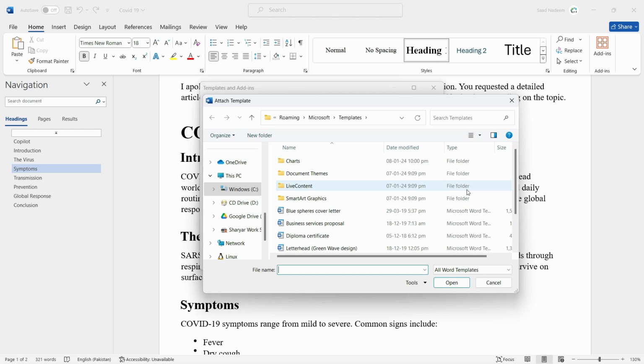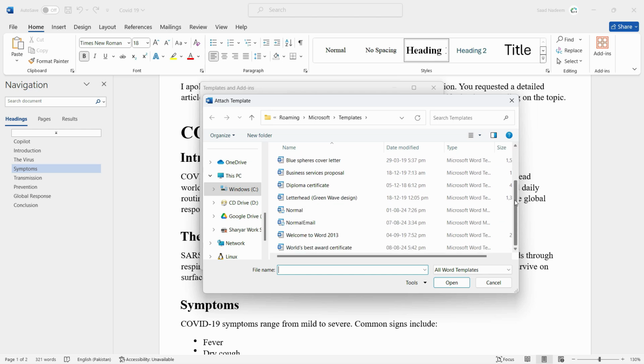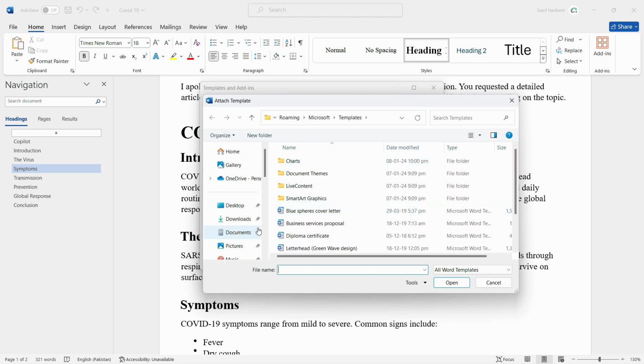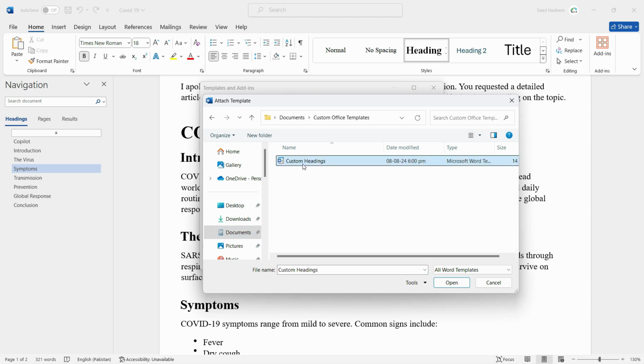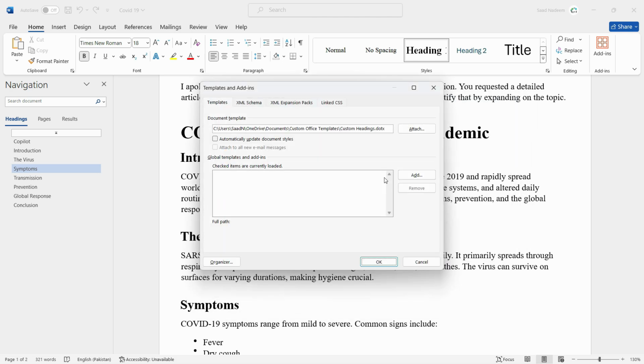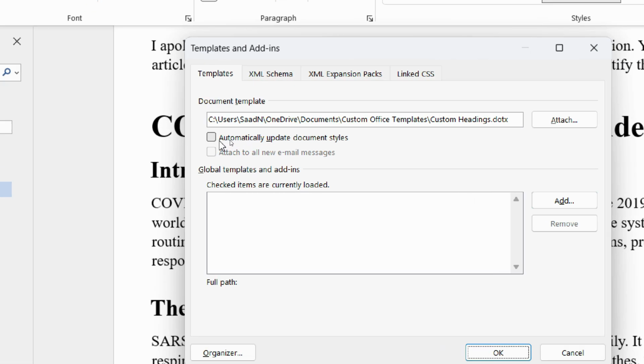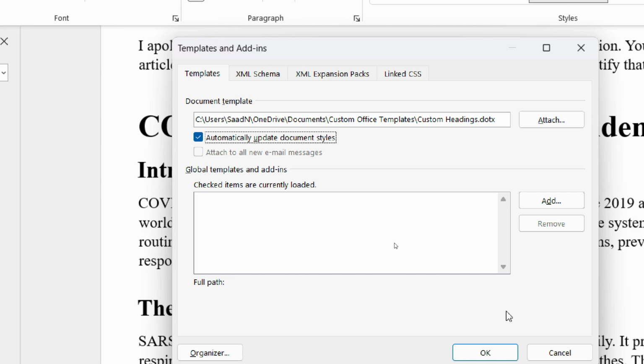So as we can see that all the templates are here, but our template is not here because we have saved it in some other location. It's in the documents. And then I'll click on custom office templates to find our custom headings. Let's click on open. Now it's very important to check this area, automatically update the document styles. So whenever I make changes to the template, it will automatically be updated in the office application as well. Now let's click on